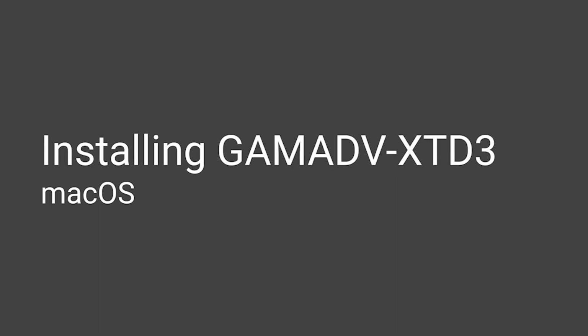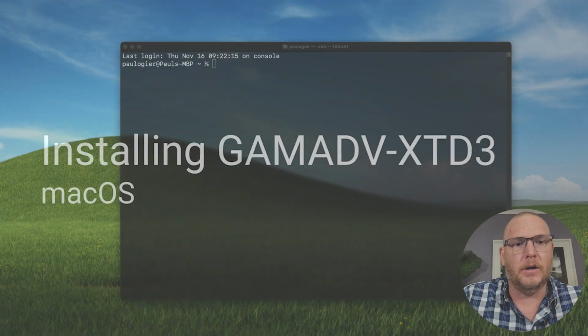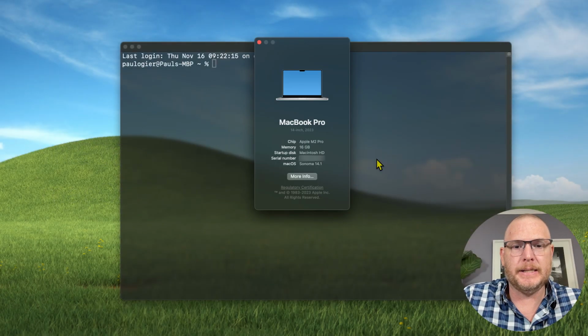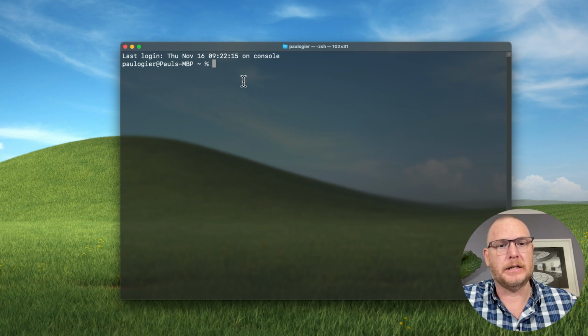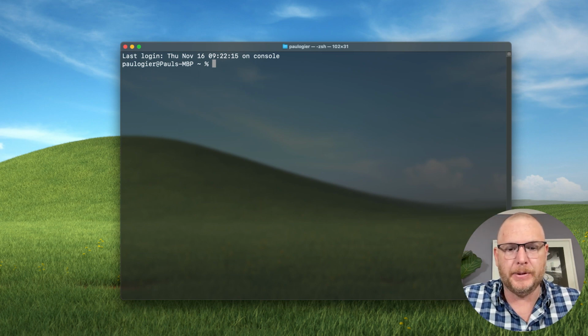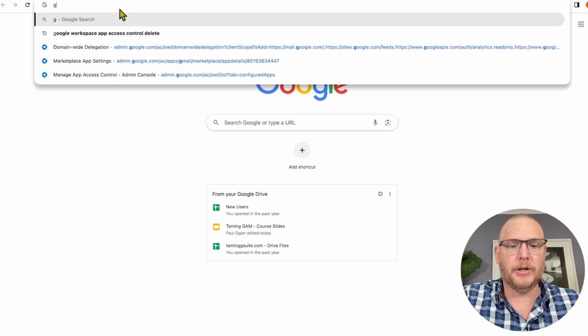And welcome back. We are now installing GAMADV-XTD3 on macOS. This is macOS Sonoma. Okay, so let's double check now. So let's open up Chrome and let's go to the